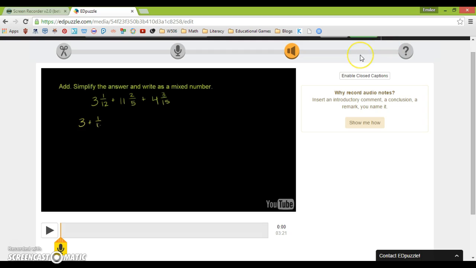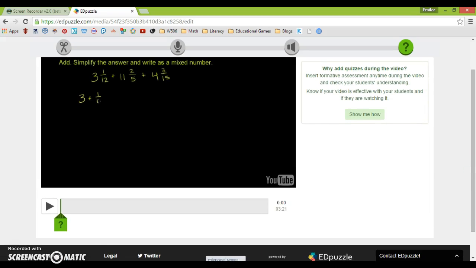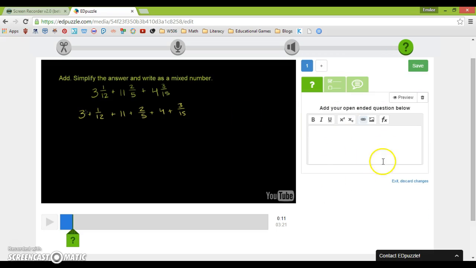The last option that you can do with EdPuzzle is this last question mark, the quizzes. If you click on quizzes, this is where you're going to choose all of those green question marks where you want the students to be asked a question as they're watching the video. So if you click on the green question mark, you'll notice that the question creator pops over here on the